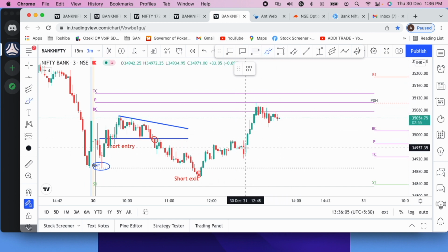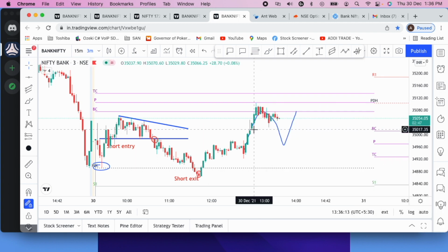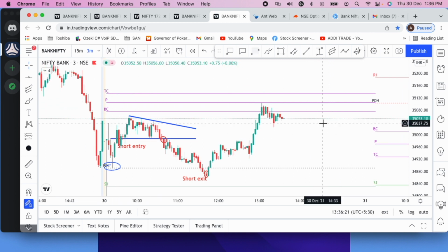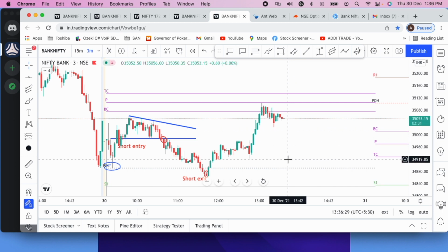Like this kind of up moves might happen today. We might get this up move, we might get a sudden down move, sudden up move because of the monthly expiry. A lot of positions will be closing. So let's see how it goes. It's only about 1:30, probably by 2:30. See, yesterday the fall came at 3 o'clock. So today's monthly expiry from 1:30 until 3, anytime a quick good move can come. I'll see if I can capture it. If not,